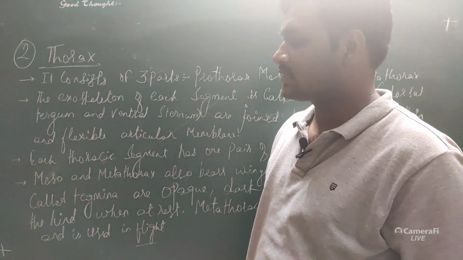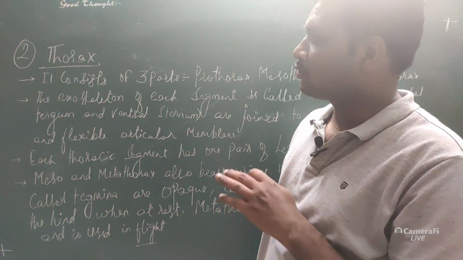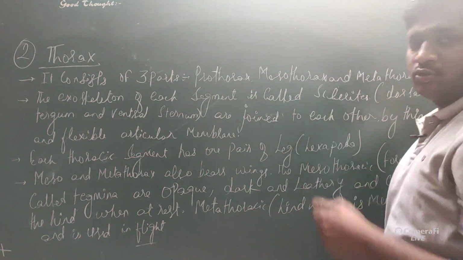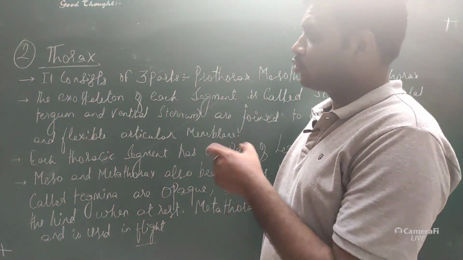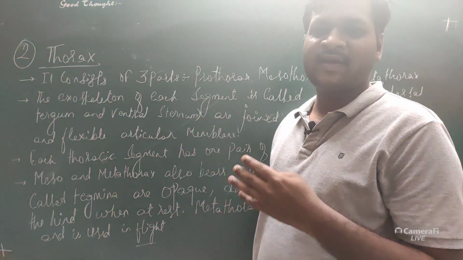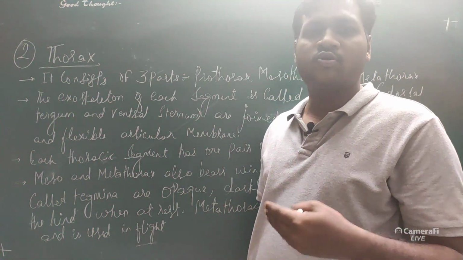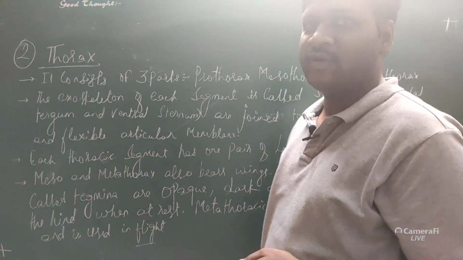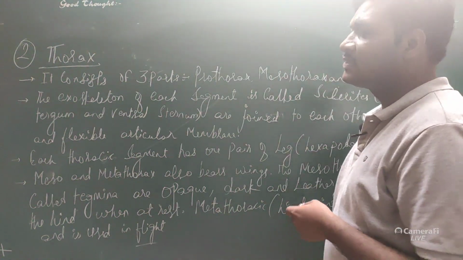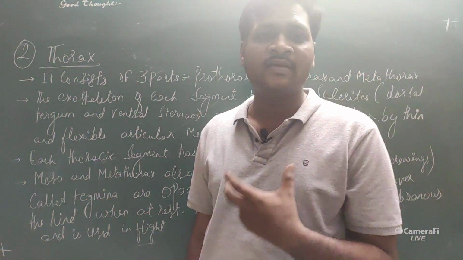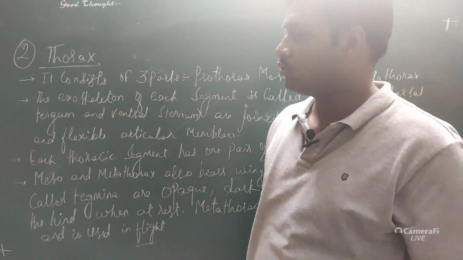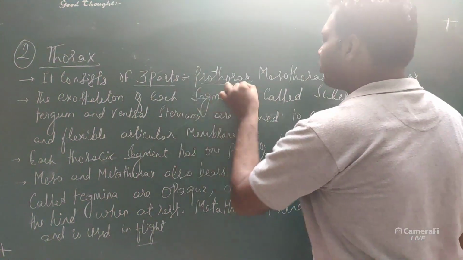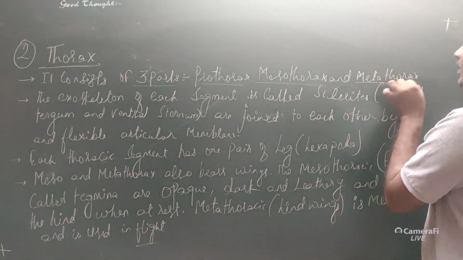In the previous session we discussed some parts of the cockroach in detail, about the structure. Now we will start with the thorax, that is the second part. As we have seen, the body of the cockroach is divisible into three main parts: head, thorax and abdomen. Head we have seen here. Thorax is generally the chest or rib part of the cockroach, referred to as the thoracic region. The thoracic region is divided into three parts: prothorax, mesothorax and metathorax.